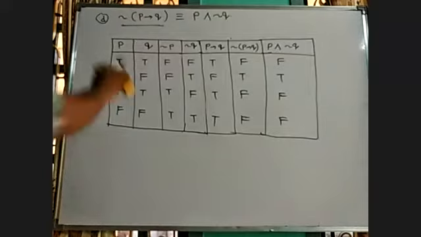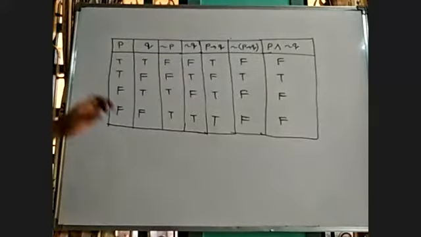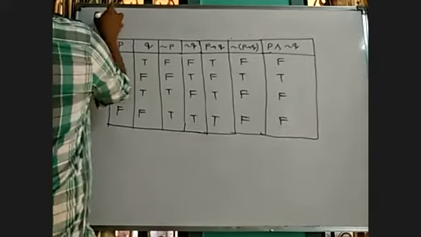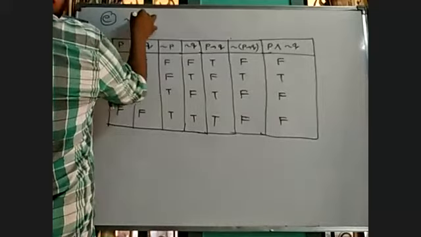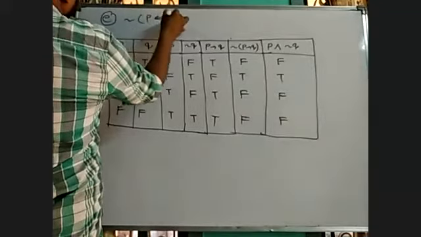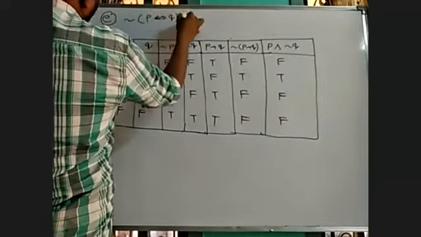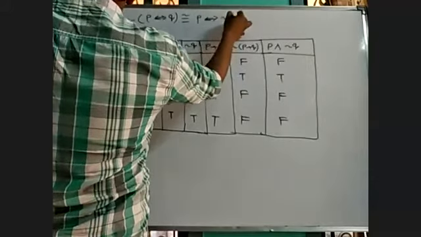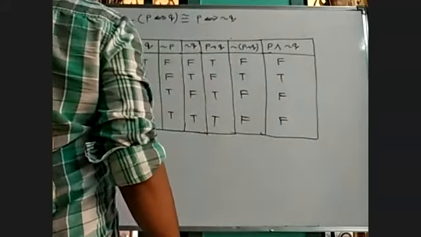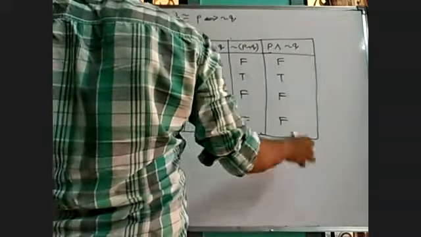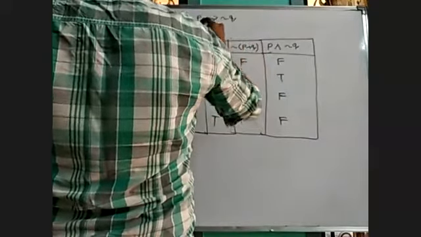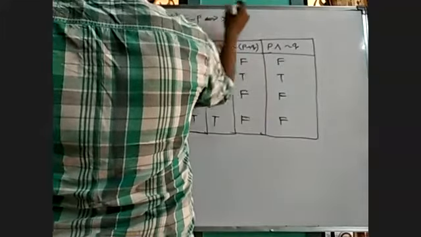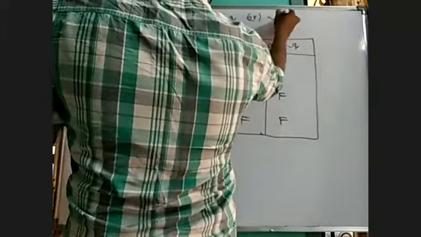Next one, what do they give? Negation of P tends to Q equal to P, negation of Q. But this is negation of P and negation of P tends to Q. Okay,